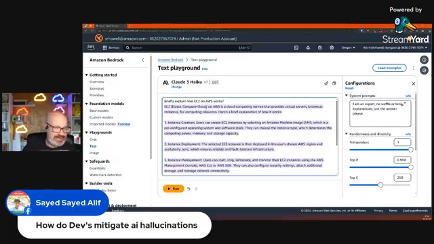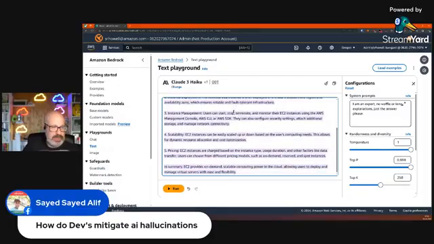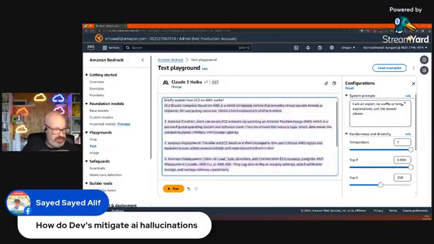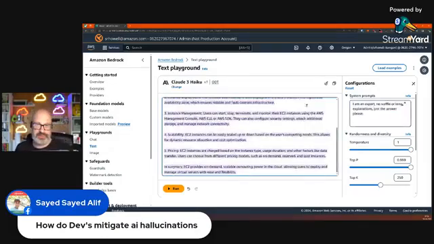So, as a human expert, I can read this and go, yeah, this is pretty good. Yeah, I agree with all that. You'll notice that it's quite brief. If I didn't have this answer, it'd still be waffling along. But the most efficient way is to know enough to know whether it's hallucinating or not. The next most important way to work around it is by using what most people would see as a foundational model. So if I go in here to my base models,